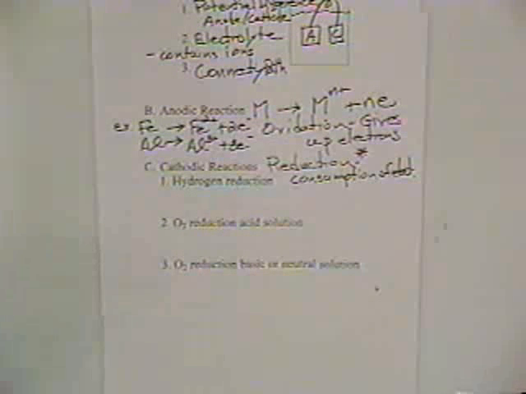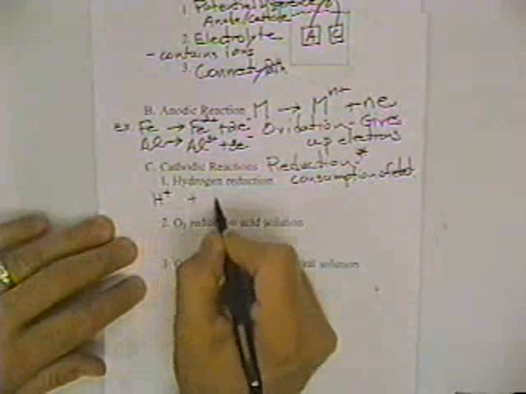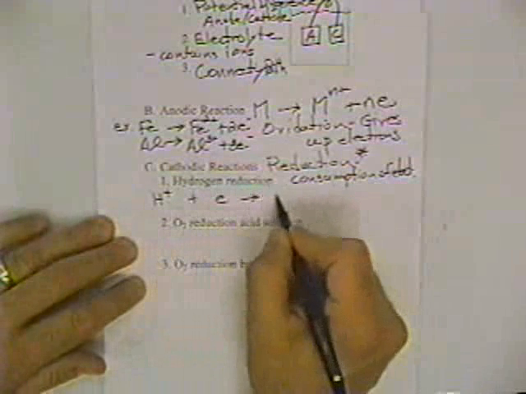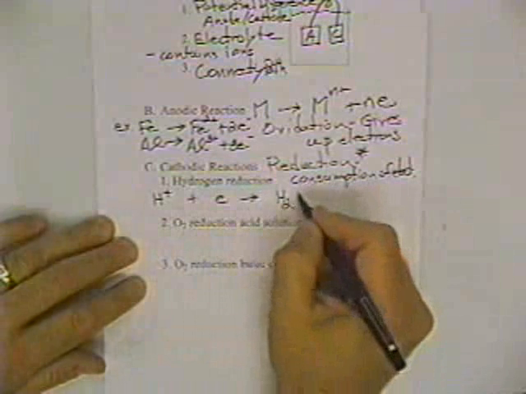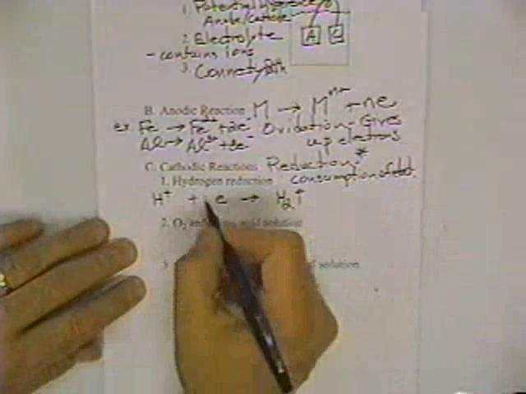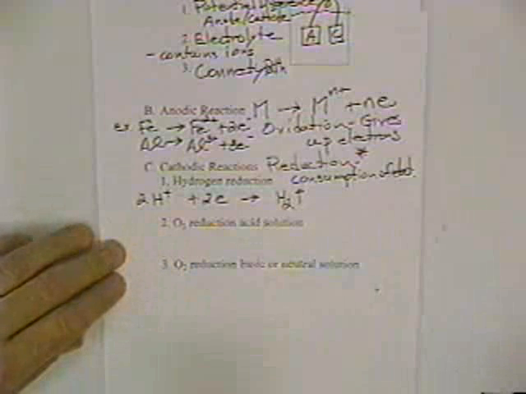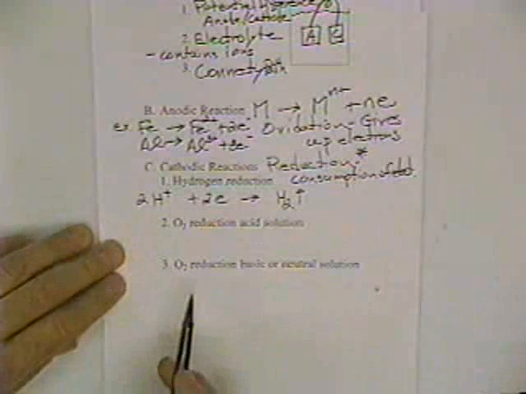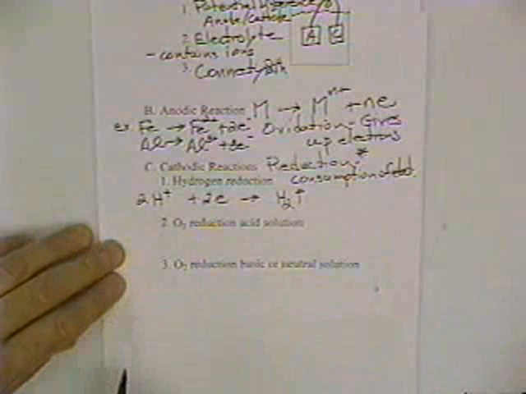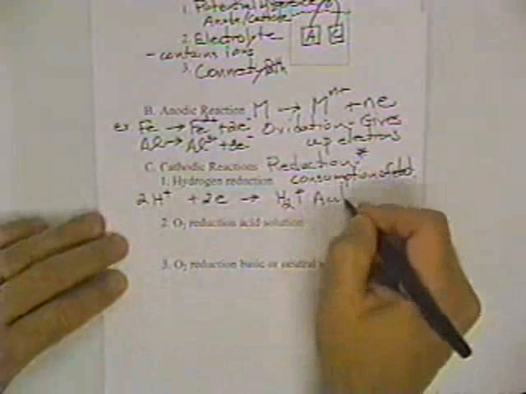The first reaction is hydrogen reduction, and if we have H+ plus an electron, that goes to H2. Often you see it with a little arrow indicating that it's going to be a gas. Now to balance that, we need 2 electrons and 2 hydrogen ions. You can also write that with the hydronium ion, H3O+. This is the reaction in acid